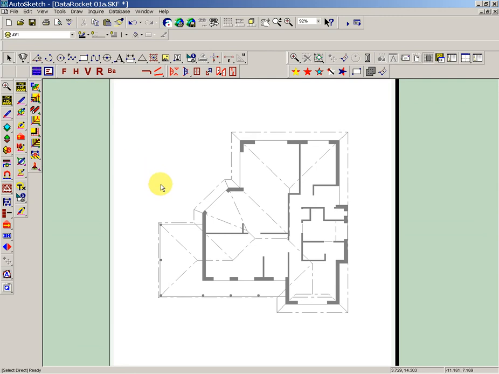We're now going to put in some wall plates. It doesn't really matter whether you start with the ceilings or the roof, but in this instance I'm going to start with the wall plates. We have a wall plate command in the assistant,